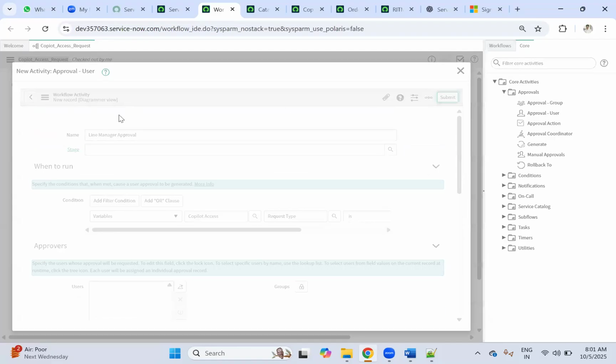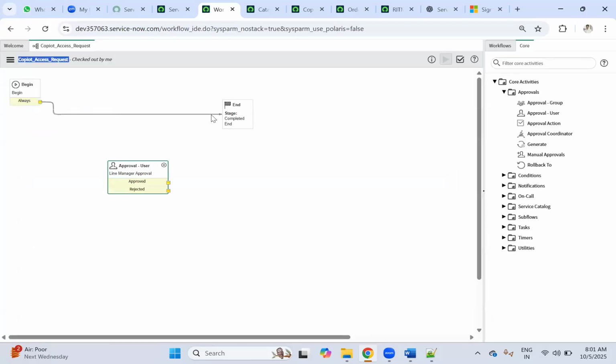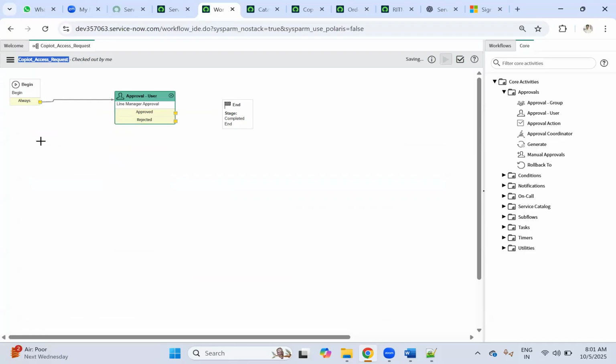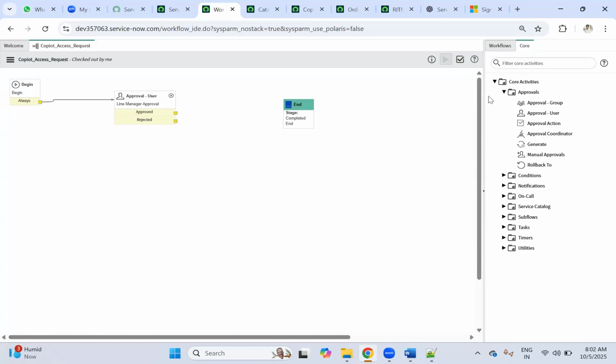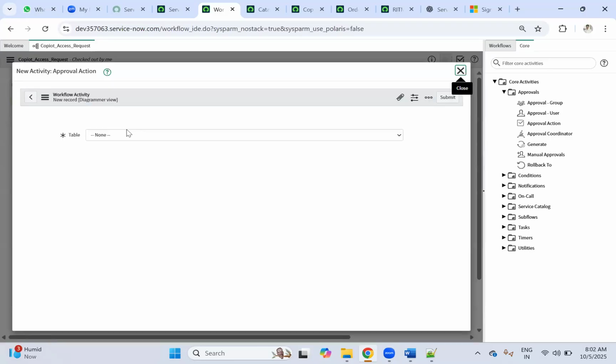So this is what you would be saving. First, let's save this one, then we will come back, correct? So this one you have to remove here, correct? First you have to tag to this one. First you are asking for approval. Based on what condition are you asking? If the requested type is activation, then you are going to do it. Suppose you are approving, correct? Then you have to select the approval action also. What is that approval action? If it is approved, it has to